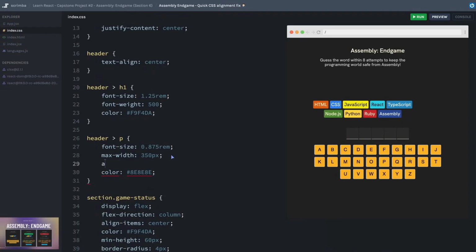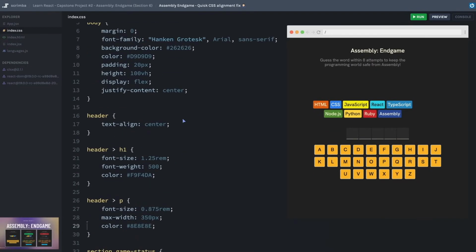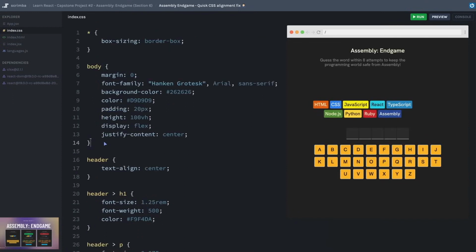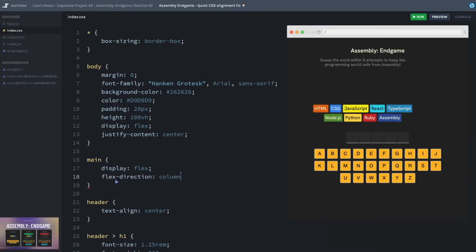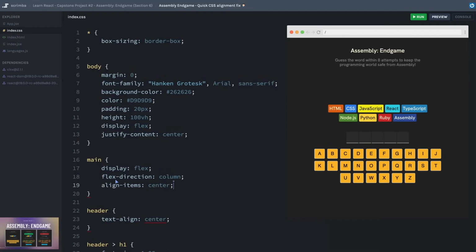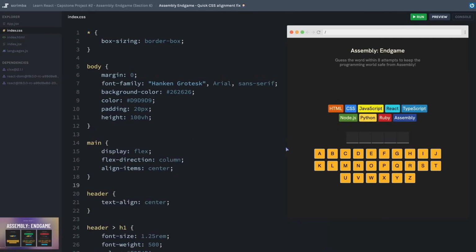I can either on every one of these put a margin inline of auto, but another fix that I found is we can provide another flexbox to the parent of all of these sections. So that would be the main element. I can say the display is going to be flex, and we're getting a crazy layout right now, but we will adjust the flex direction so that it points downward in a column, kind of like block elements. And then I can use align items to the center. And just like that, we get everything nice and aligned to the center. Because of this, I actually no longer need my display flex or justify content on my body, so I can get rid of those styles, and everything's in harmony.